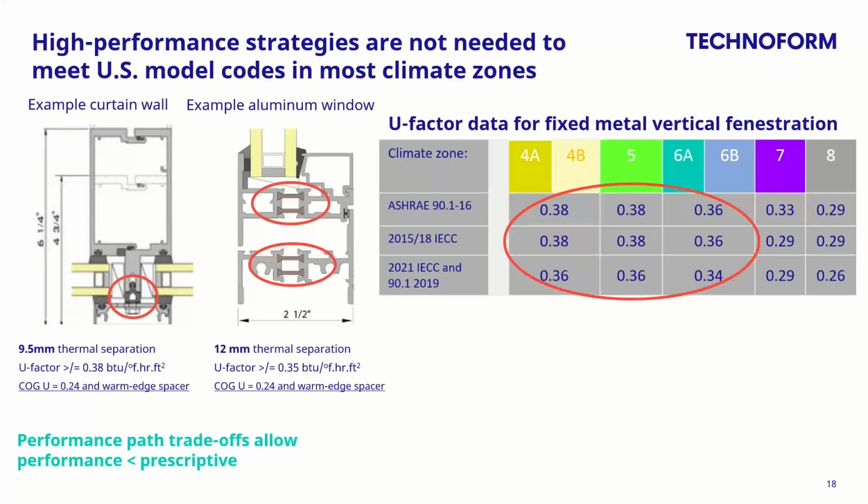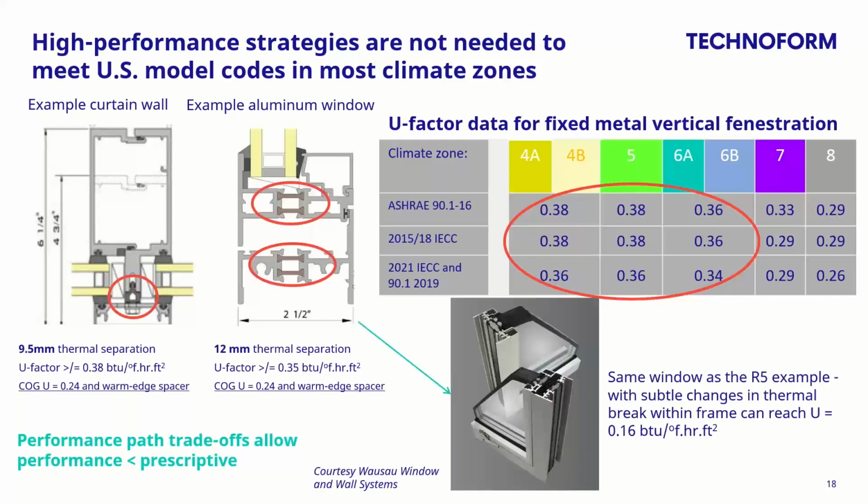So the details to the left here are of a typical curtain wall and aluminum window system. With low E dual pane insulating glass with a warm edge spacer, they can achieve code maximum U factors with relatively small thermal barriers. As you can see here, we're talking about thermal barriers less than 12 millimeters. One thing I do want to point out, though, is that if we look at this window detail,